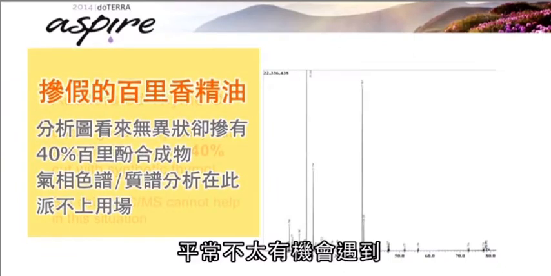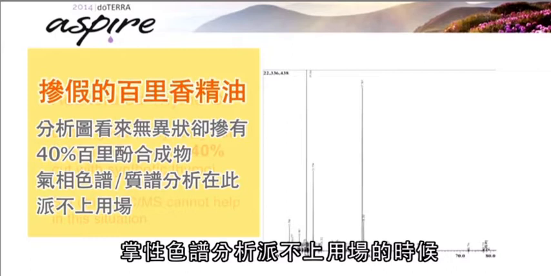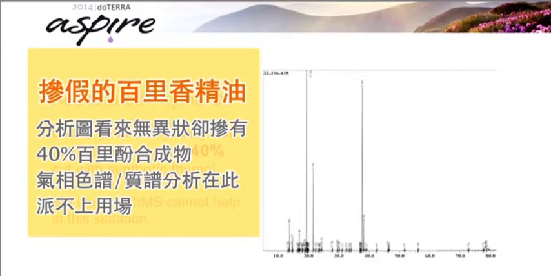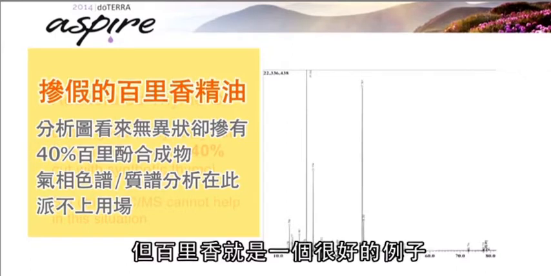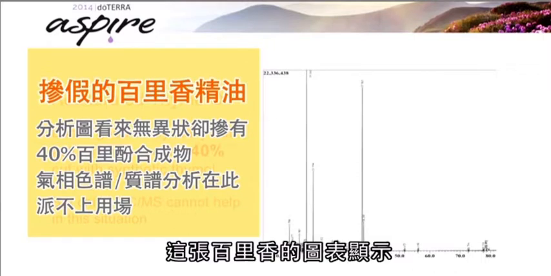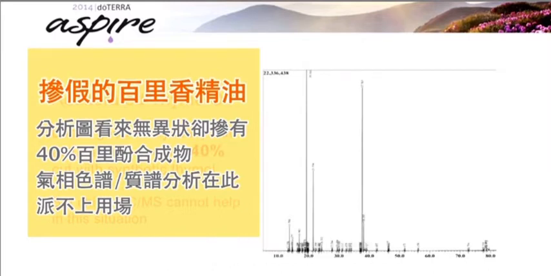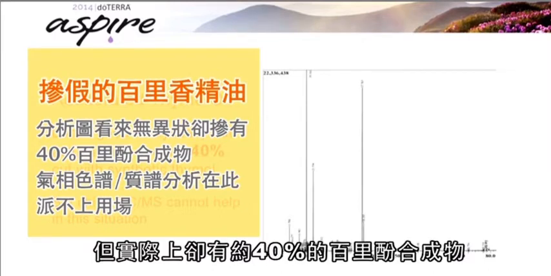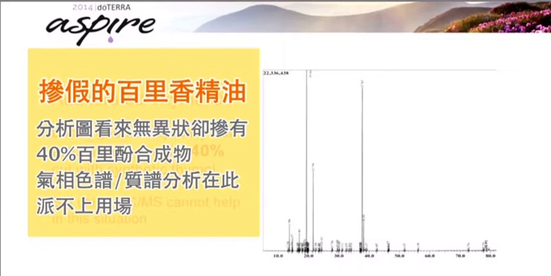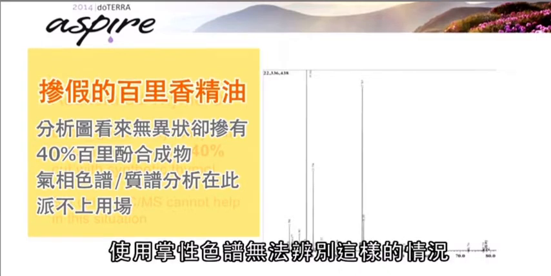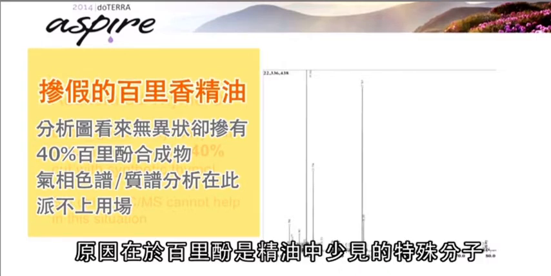Now, you don't always have a situation where we can go to chiral GC analysis. A good example of that was with thyme oil. This graph of thyme is showing a sample that looks good analytically, but it's actually cut with about 40% synthetic thyme oil. Like I said, you can't use chiral GC to tell this. And the reason is